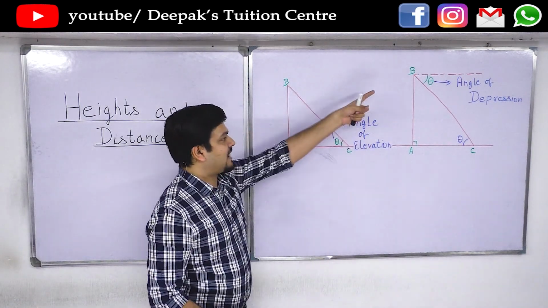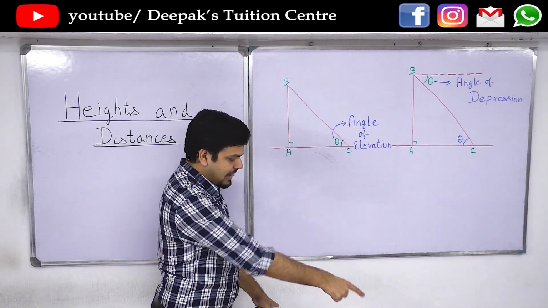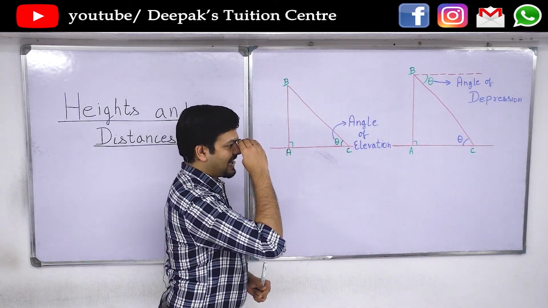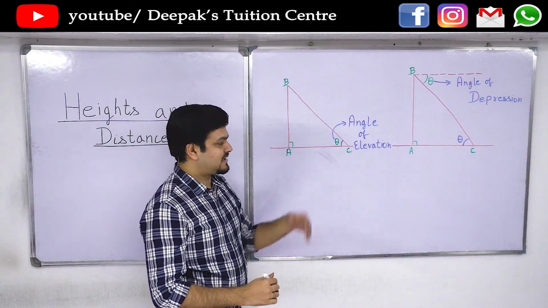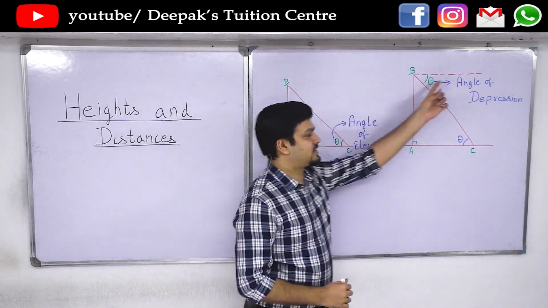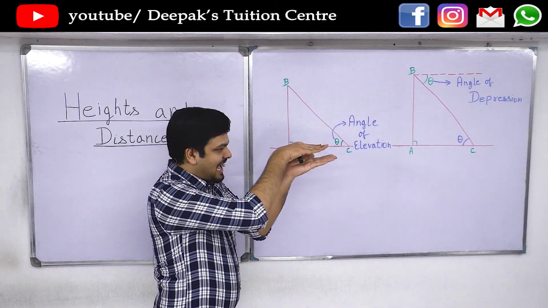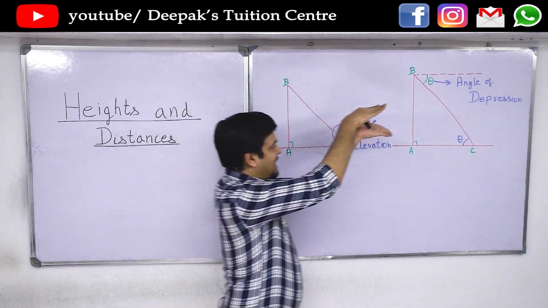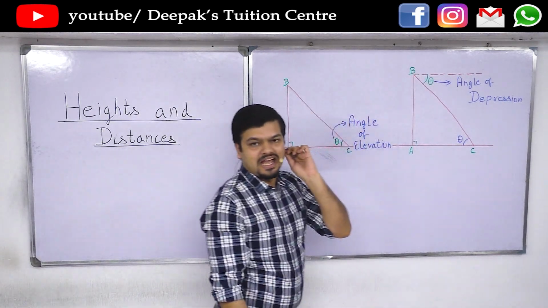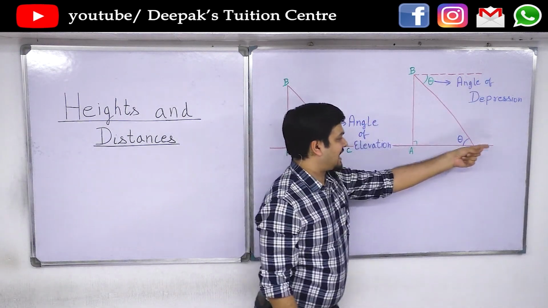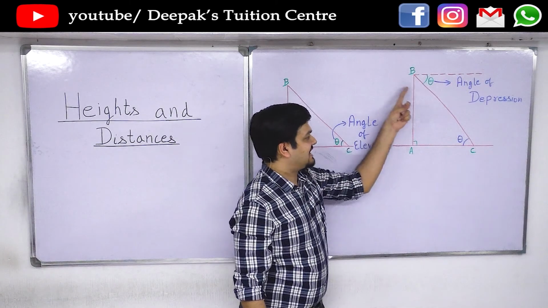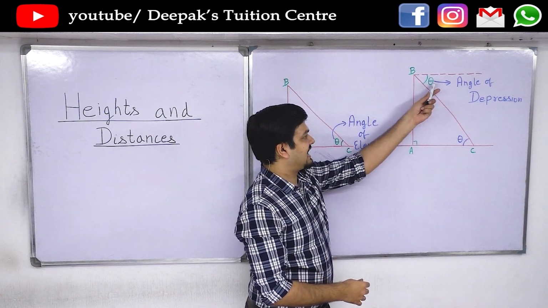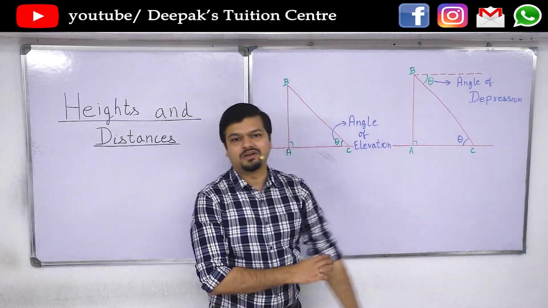Similarly, if I am standing on the top of the tower and I have to look at the bottom somewhere, suppose look at point C, then my normal line of sight will be the line that is horizontal, that is parallel to the horizontal plane, that is this dotted line. So if this is my line of sight and I have to look downwards, then this is my angle of depression. Obviously, since you know that this line is parallel to the horizontal plane, we can see a Z forming, and a Z obviously represents alternate interior angles. So alternate interior angles, therefore this angle will be equal to this angle.